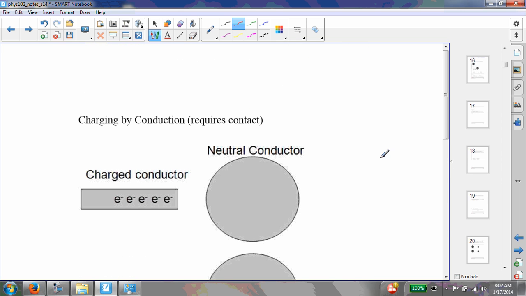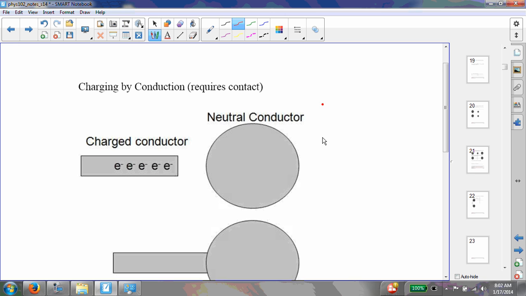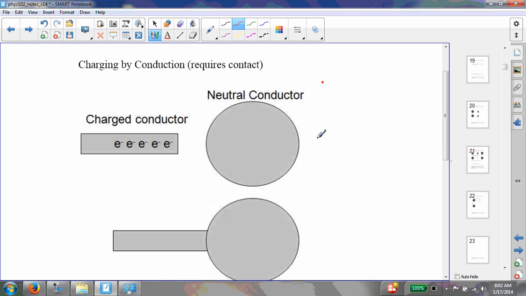Let's say, for example, I want to charge something by conduction. So I have two objects. I have a charged conductor, a metal rod, for example, that has electrons on it, and then I have a neutral conductor, a metal ball that has equal numbers of positive and negative charges. I would draw this more particularly. If I bring this charged conductor up here,